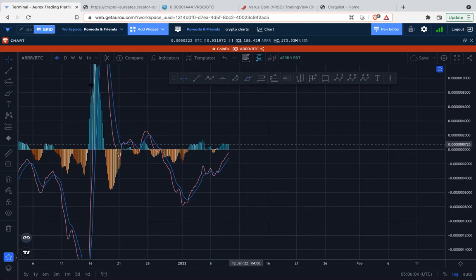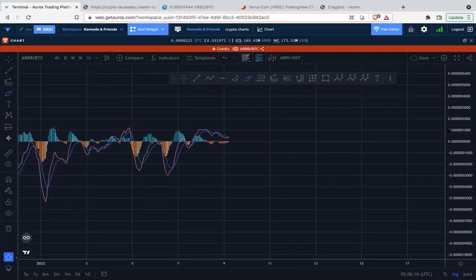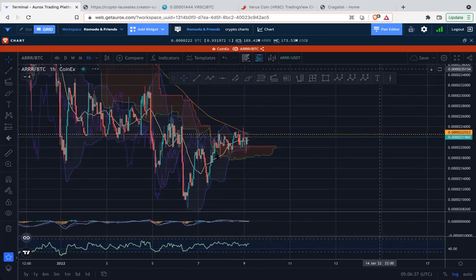And then we say, okay, look, what happens if we look at a 1-hour chart? A 1-hour chart, because we start zooming in even further and saying, what are we correlating with lower time frames? The 1-hour chart looks like it could start moving positive. Also on the 1-hour chart, if we look at where the price is, it just recently pushed above the cloud,